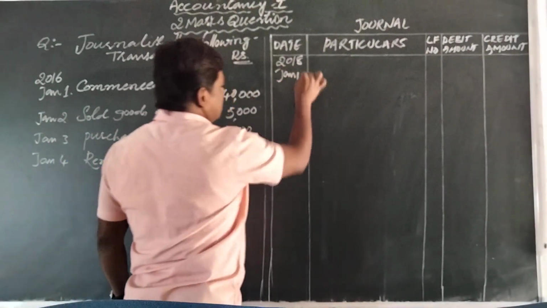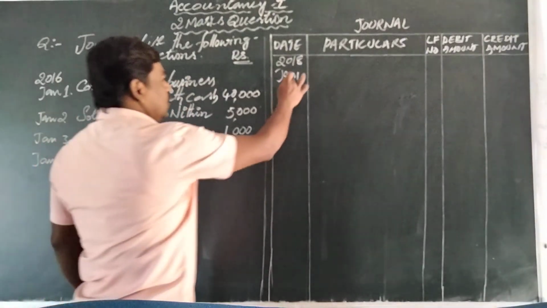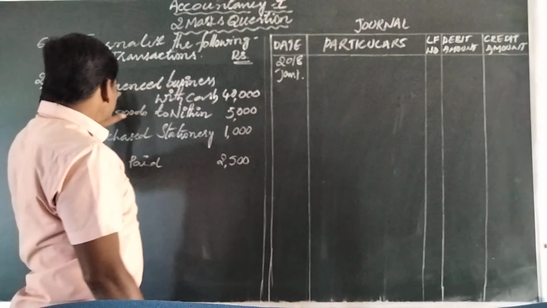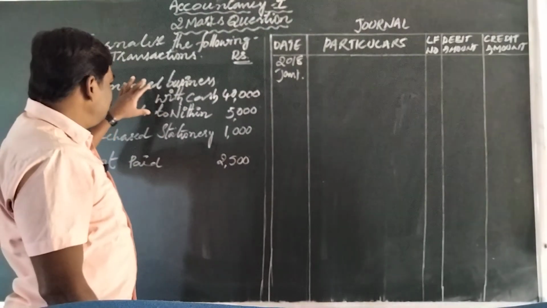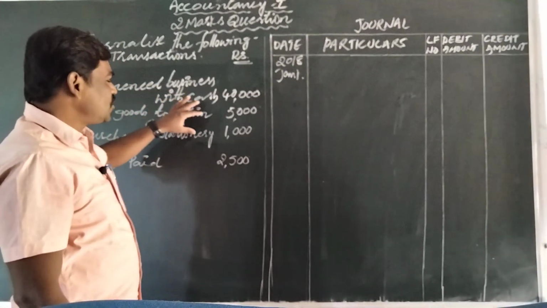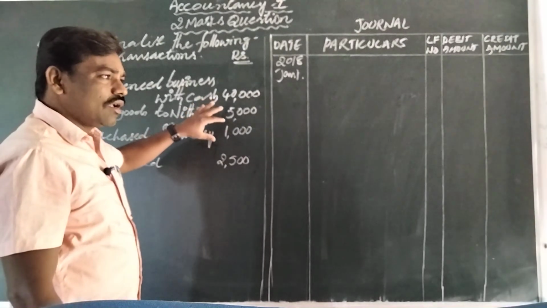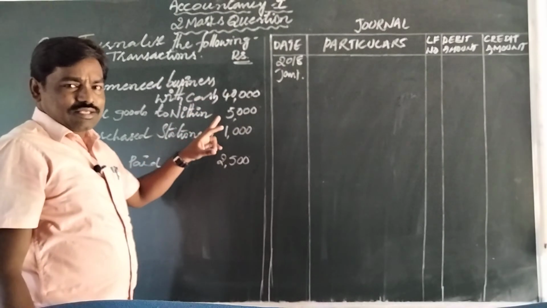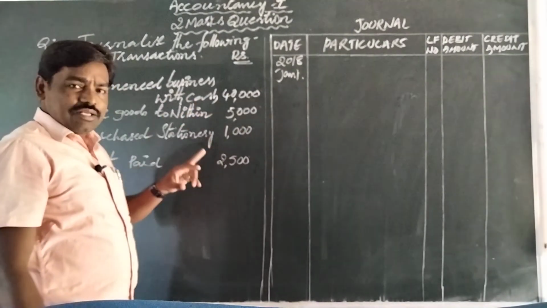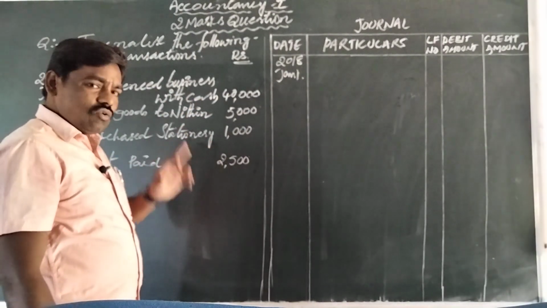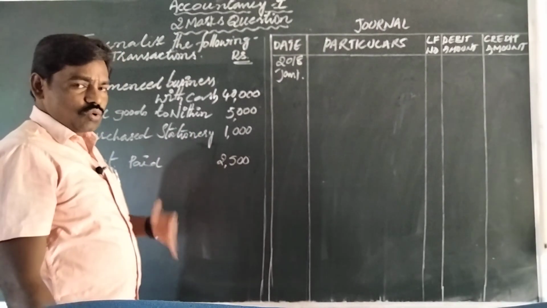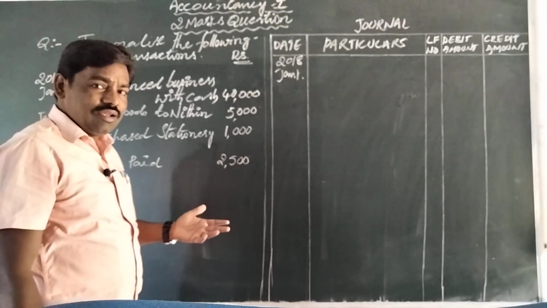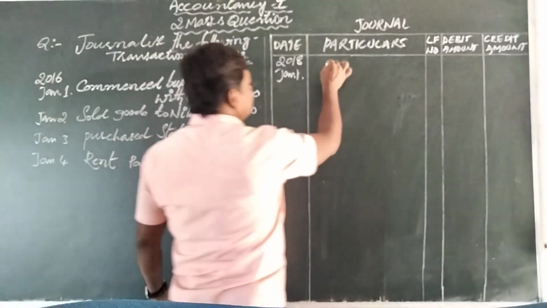January 1st, see how we are going to write. In your mind you can think that the business begins with cash of rupees 40,000 as a capital. Students, here cash is an asset, and assets relate to real account. The real account principle says what comes in, debit; what goes out, credit. So when cash comes into the business, that should be debited. So here, debit